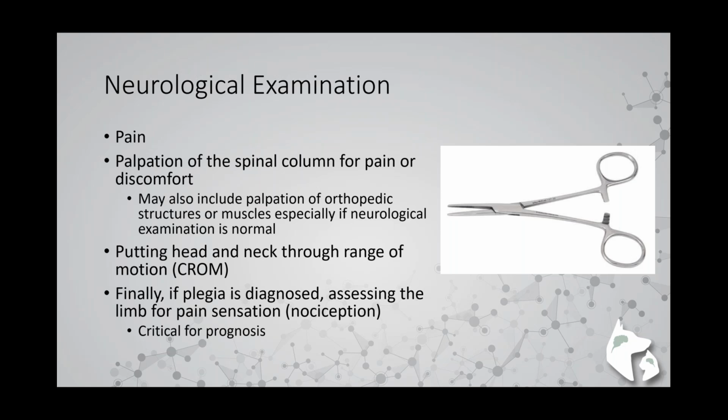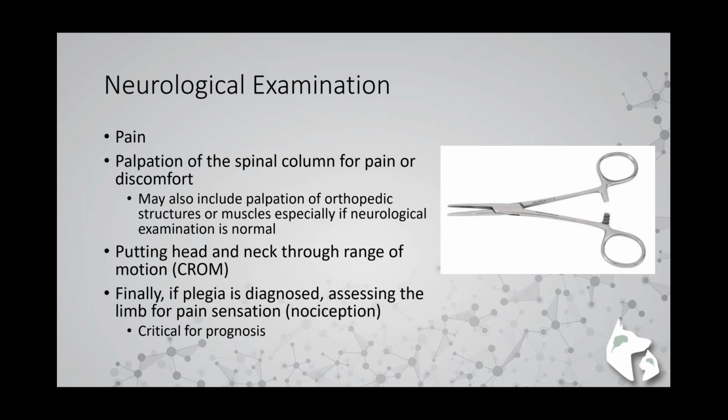So lastly, we want to check all neurological patients for pain, because this can help distinguish differentials for these patients. So the first thing I like to do is palpate along the spinal column for pain or discomfort. Obviously, you want to be careful to not get bitten when you're doing these things, but you want to know if a patient is painful. So in any patient that may have orthopedic issues, make sure you're checking muscles and hips. But generally what I'll do is put my fingers on either side of the spinous process and push all the way down the thoracic and lumbar spine. I will do a tail jack,